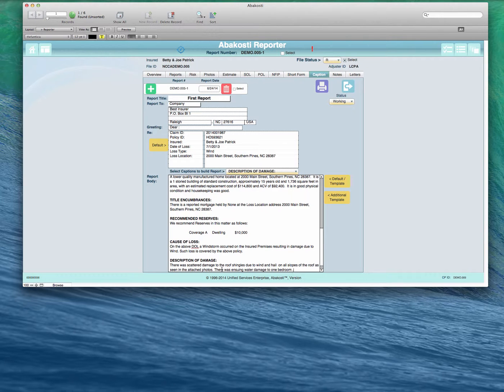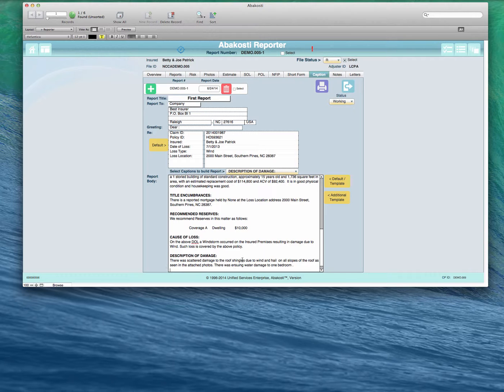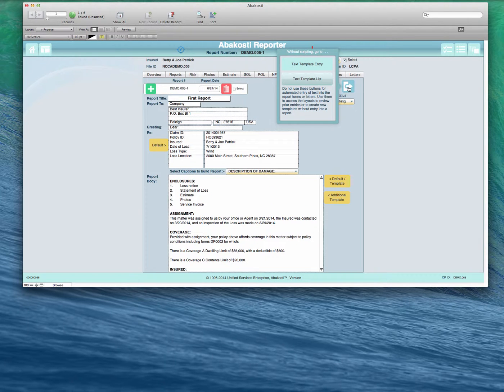And if you wanted to make that a template, then what you could do is copy it, go back to, now if you hit this again, it's going to print another description of damage caption down below here, which you could do it that way and then erase it later, or you can go up here and just